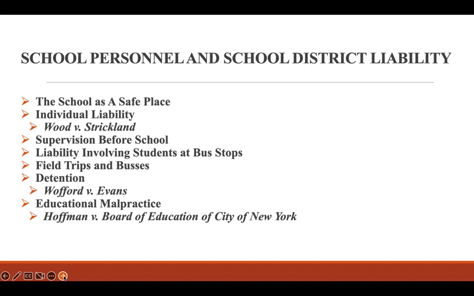In the Wood v. Strickland case, 3 high school students were expelled for spiking punch at a school-sponsored event, which was in violation of school policy. The board expelled these students for the remainder of the semester, which is 3 months, and the students and their parents filed suit. The federal statute provides that any person who, under the color of state law, deprives anyone within the jurisdiction of the United States of constitutional rights secured by federal law is liable to the injured party in a lawsuit for monetary damages. And the Supreme Court, in looking at this case,